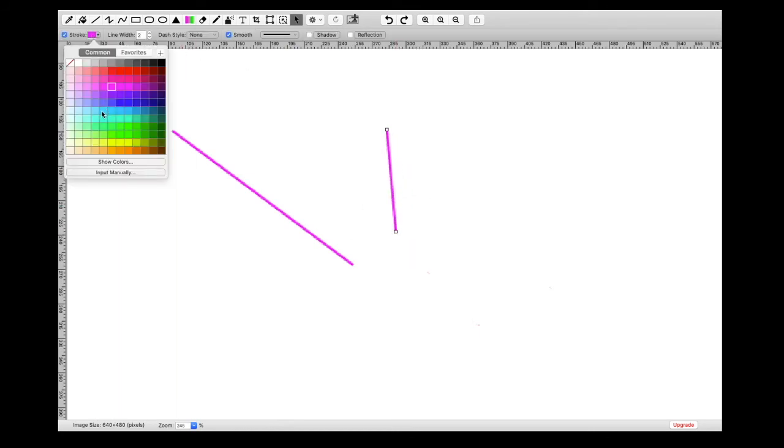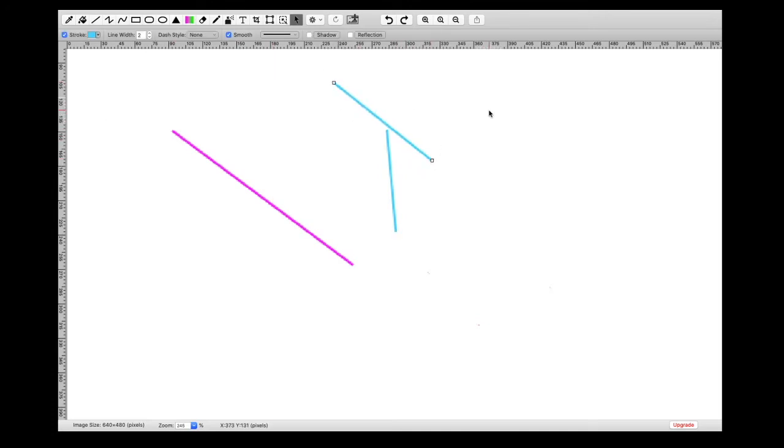Now let's move on to the next tool. This is line. You can draw a straight line by using this. You can change the color from here. If you want blue lines, you can change it from here. This is zigzag line. You can make zigzag lines using this.